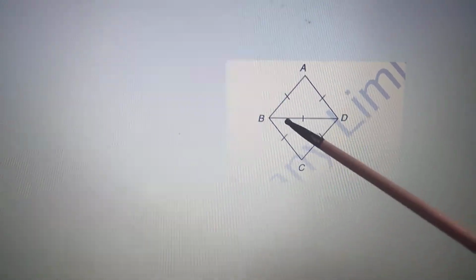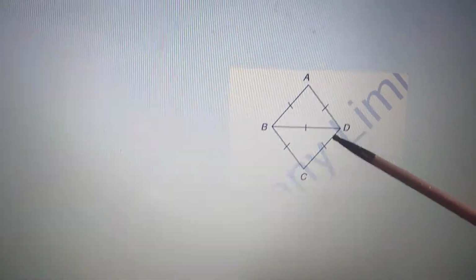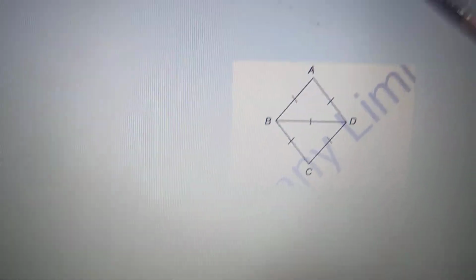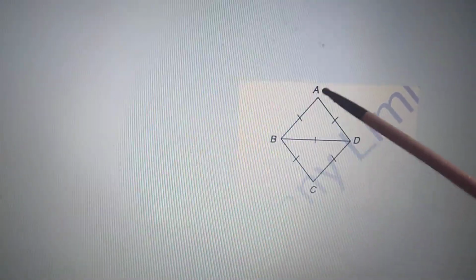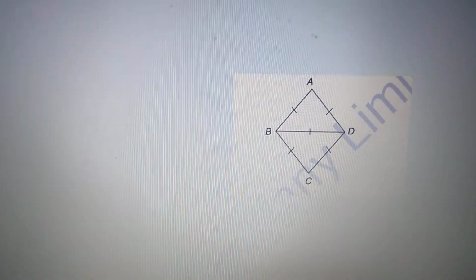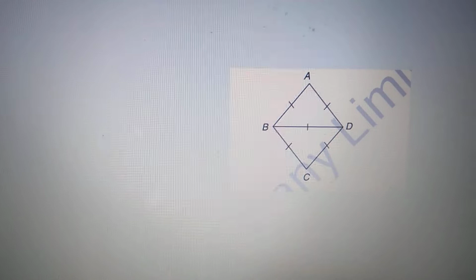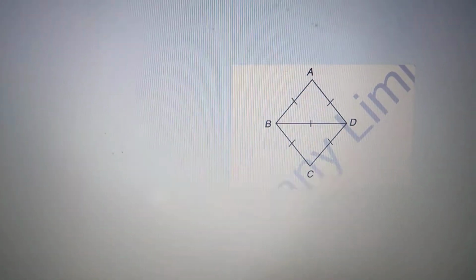So in both the triangles, all its angles are 60 degrees. Angle A is equal to 60 degrees. This half part is 60. This part is 60. Here also this part is 60. This part is 60. Here it is asked to find angle ABC. So ABC consists of two angles. One is ABD and one is CBD. So both are 60. So 60 plus 60 is 120. So answer will be 120.